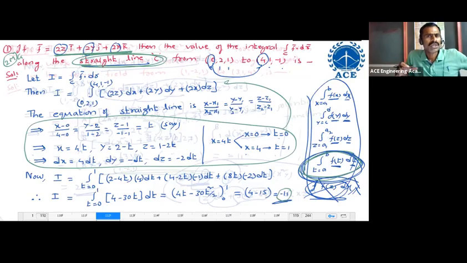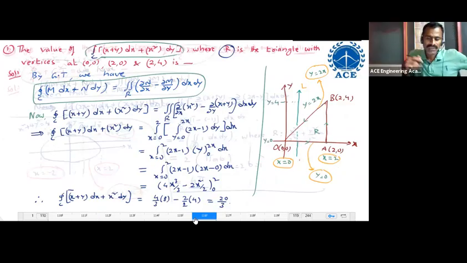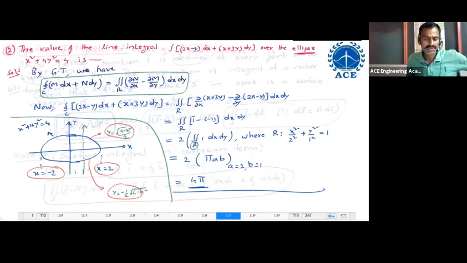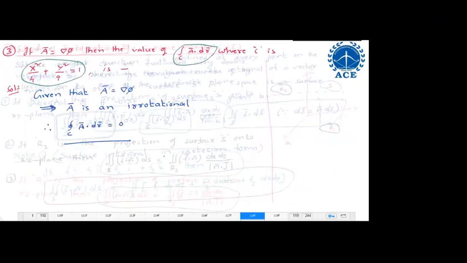If the total integral is given in terms of x and y, that is 2D only, with no confusion. Just like this problem. See this problem. This integral is in terms of x and y, so directly it is Green's theorem, and the integral is in the form of f1 dx plus f2 dy. And the next one is also like this. But in the last problem and second problem only,